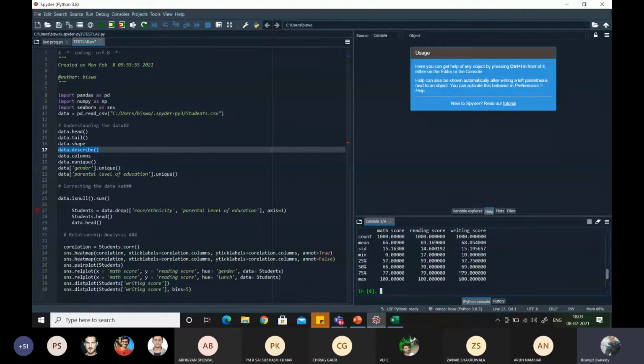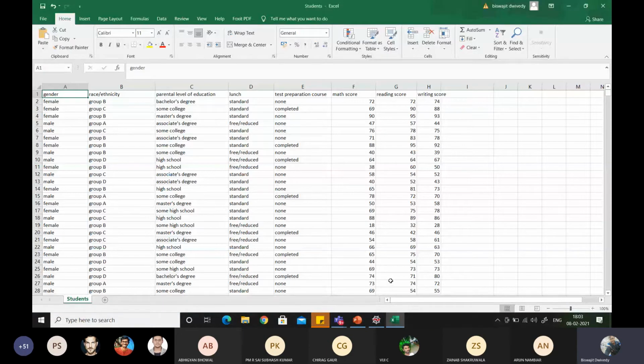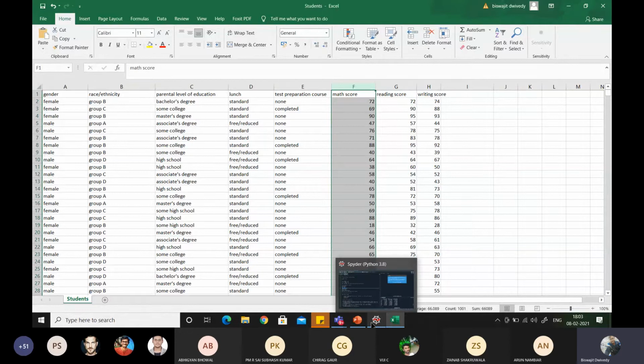So whenever we use data.describe, it does some mathematical operations on the columns in which numeric values are there. You can see in these 3 columns only numeric values are present: math score, reading score, and writing score. So data.describe will do mathematical operations on these 3 columns.